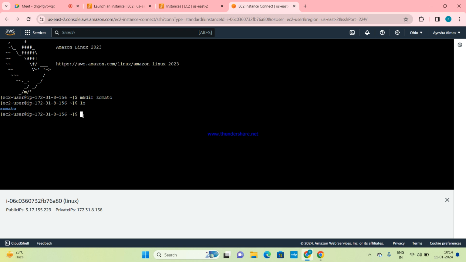So if I want to create one single directory, I can create it in this way: mkdir and the name of the directory. If I want to check whether the directory is created or not, I check with the ls command. Okay. If I want to go into that directory, into the Zomato directory,